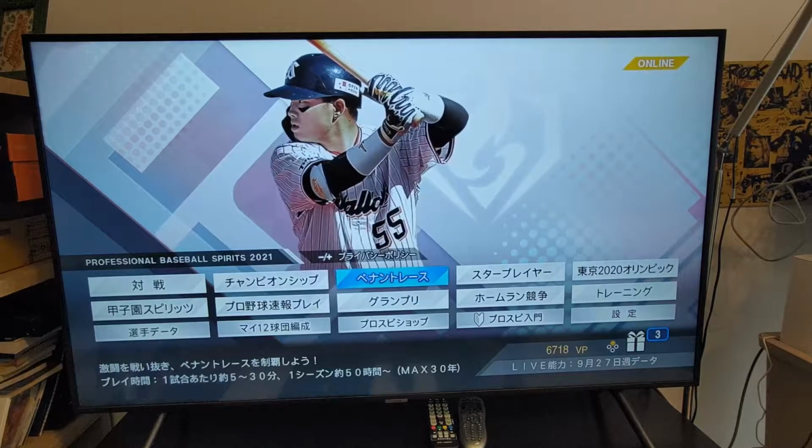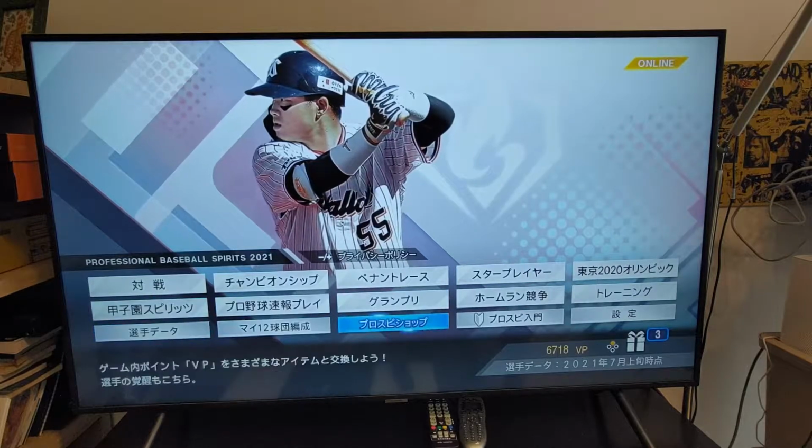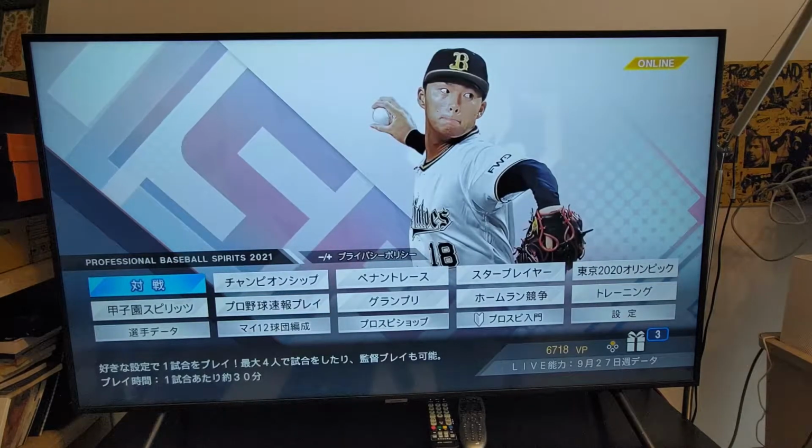That's awesome. And yeah, there are various game modes in this, so you're not going to get bored with it. There are so many game modes. Okay, so there's a versus mode, so obviously